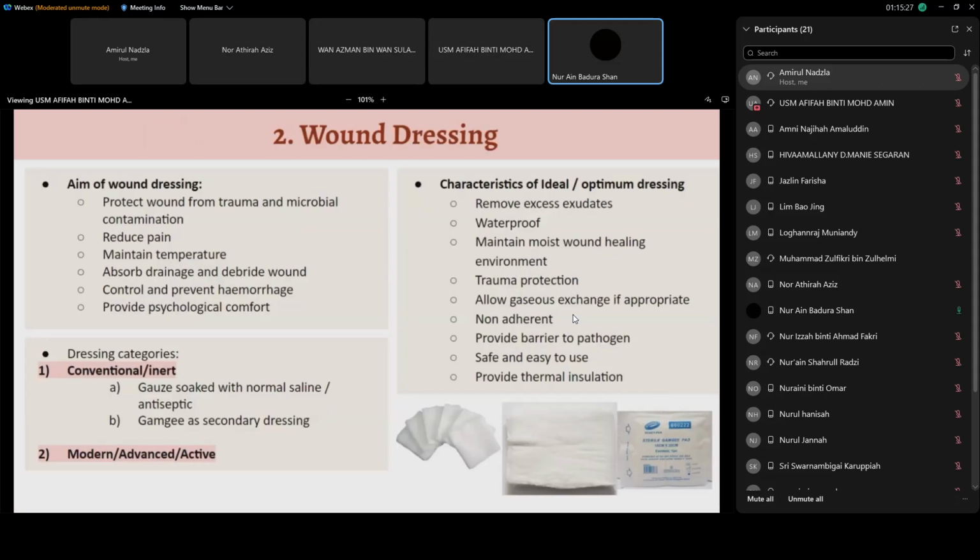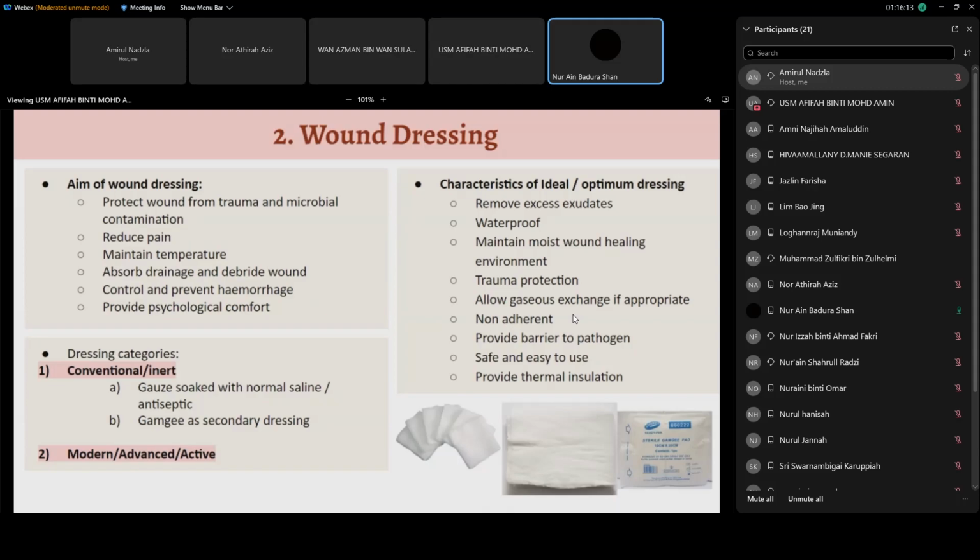Next, so next is wound dressing. The principle of doing the wound dressing is we want to make sure that our wound has a moist wound healing environment, which is not too wet and not too dry. So when we are choosing the dressing material, we need to consider a dressing that can maintain the moist environment. If the wound is wet or highly exudative, we need to use a dressing that can absorb the exudate. In contrast, if the wound is dry, we need to use a dressing that can